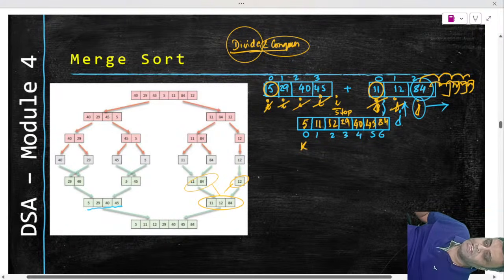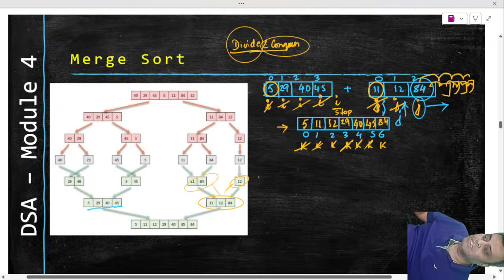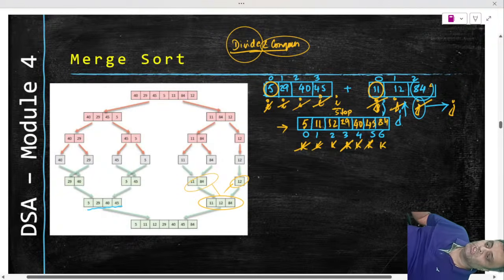By the way, every time I was putting an element inside this target array, my k was also increasing, and finally my k came here, and all the source elements have been covered. J has also moved forward and is now pointing to an out of bounds scenario, and hence we will stop. I is pointing to an out of bounds scenario, j is pointing to an out of bounds scenario, and all my array elements are fitted here. So this sorting is actually achieved.